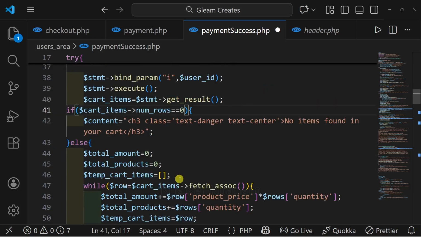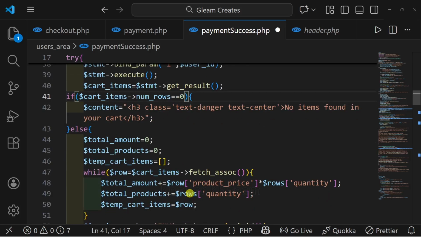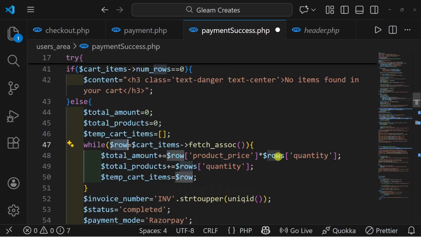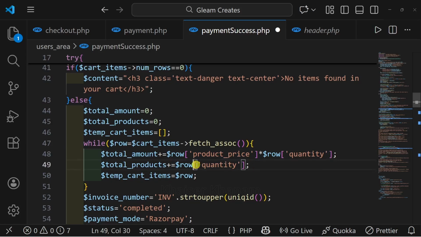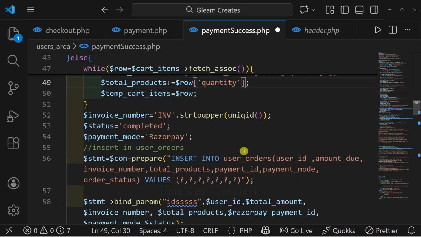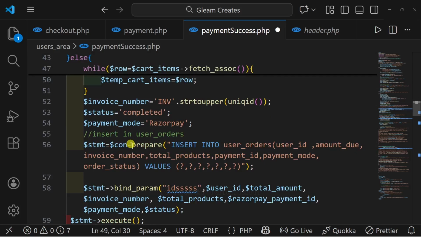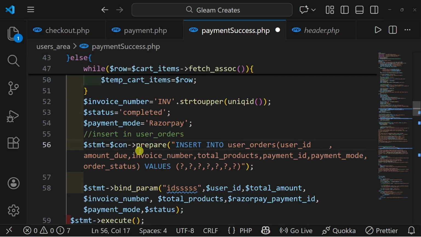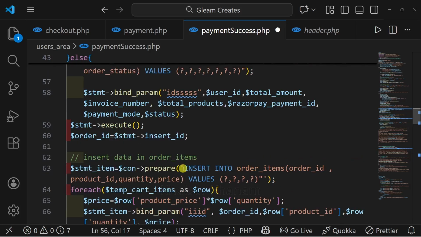Then next, while fetching this entire data inside this row, I am storing it inside this variable. But here, while passing this, I have passed rows. I have to pass row. And here also, I have to pass row. Second error, just correct. Third error, you can see here directly, I have passed a hyphen. I have to pass this arrow. Then fourth error,